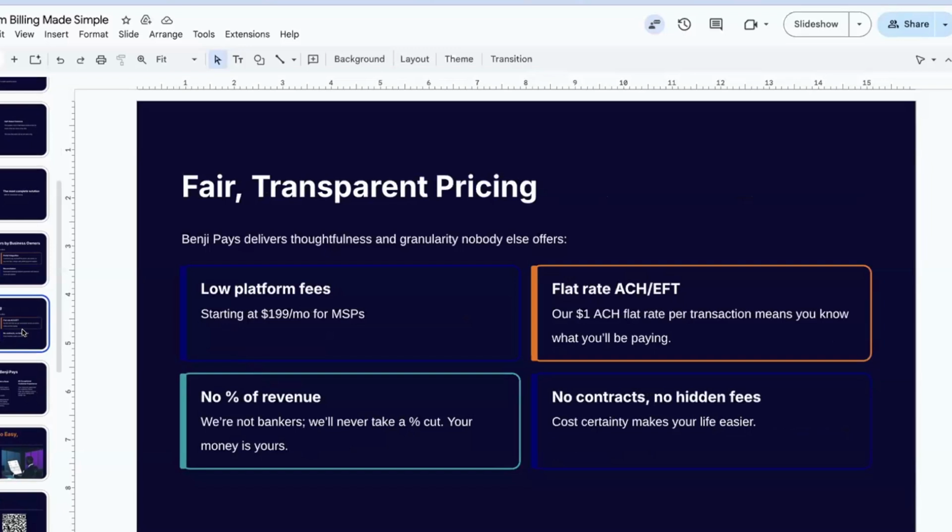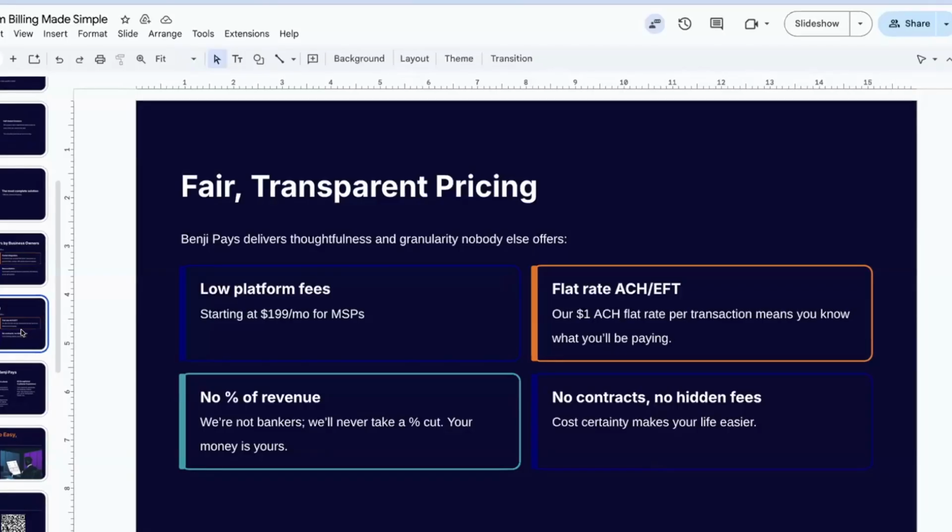We've got low platform fees. In this industry with payments, I hate to say it, but with the banks, you can't get away from credit card fees. It's just never going to happen. You can do a few things though to mitigate, right? So one, you can pass those fees on to your customers. You can use what's called surcharging to pass all or a portion of those fees on. Two, you could try to push as many payments as possible to ACH and EFT, which really works well if you have surcharging.